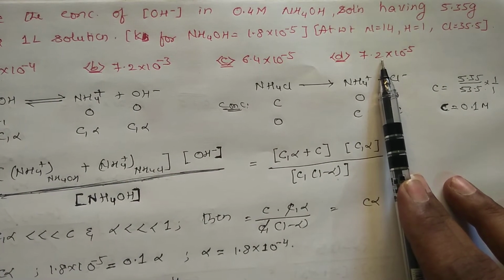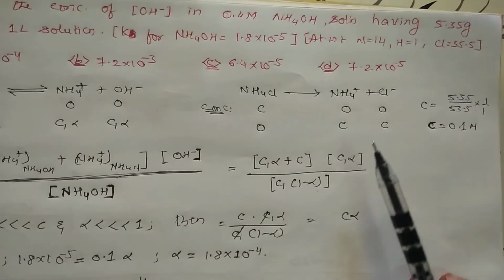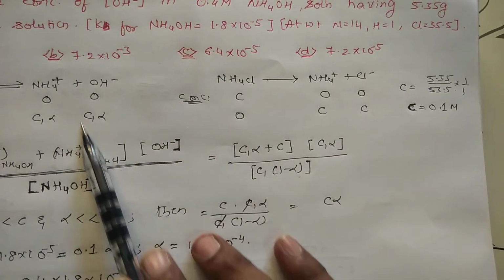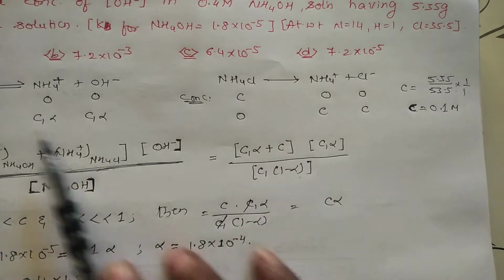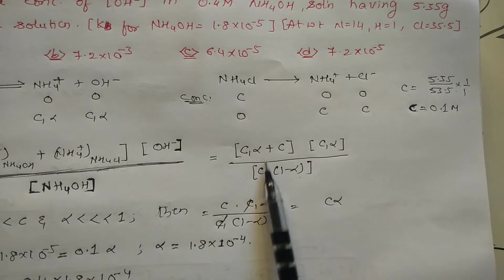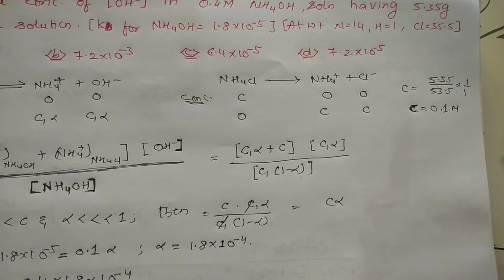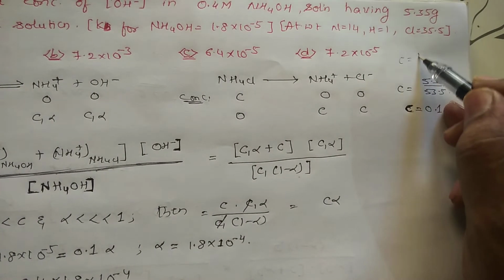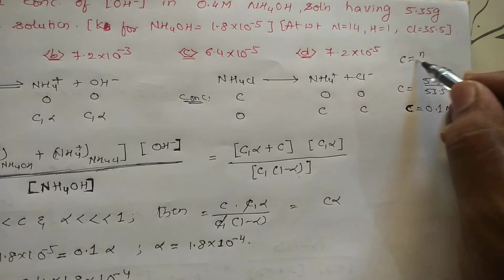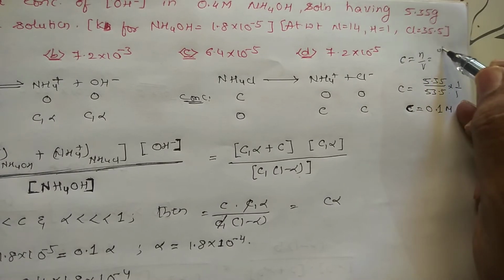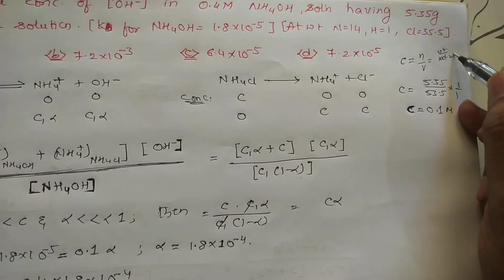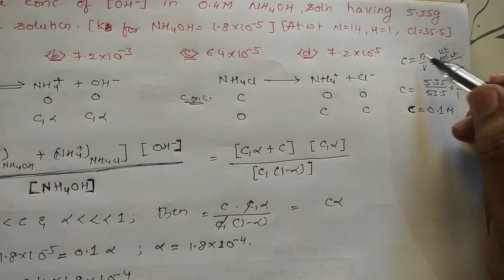So students, I am explaining the answer now. For NH4OH, this is the equilibrium. NH4Cl, in this way you will be getting common ion, whatever is there, you take this into consideration. To find out the value of concentration, do this one. Weight by molecular weight. See, concentration is nothing but N by V, right? N by V, and N is nothing but weight by molecular weight. This one, volume. N is weight by molecular weight.